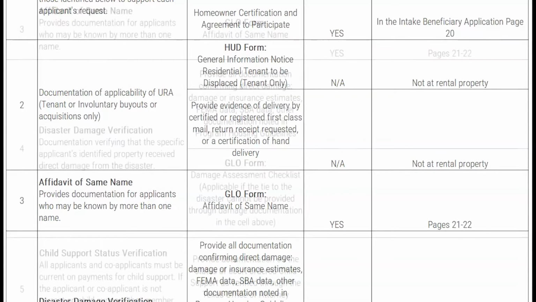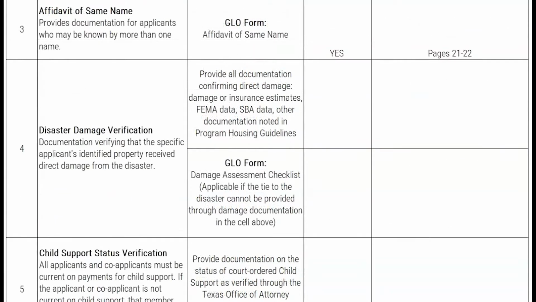In number 4, the subrecipient is required to file documentation providing evidence that the buyout or acquisition property received direct damage from the disaster. All buyout and acquisition properties are required to have received direct damage from the disaster to be eligible for the program. Methods of documenting damage from the disaster include damage or insurance estimates, FEMA award or denial letters or data,